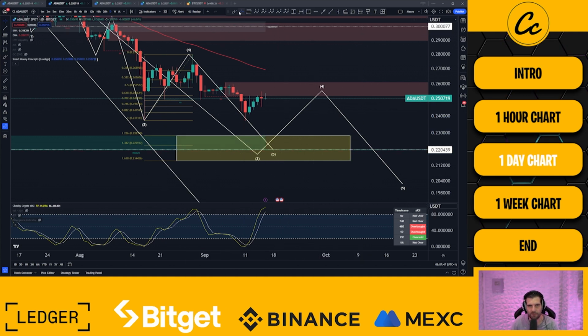Now, this is also compounded by the fact that we are back up here in the overbought area. Last time we were up here, we were essentially at the wave 4 high. So we can see that there are some similarities between where the price is able to push to based on its momentum indicator here as well. So we've reached the overbought exhaustion. Buyers are running out of momentum now,